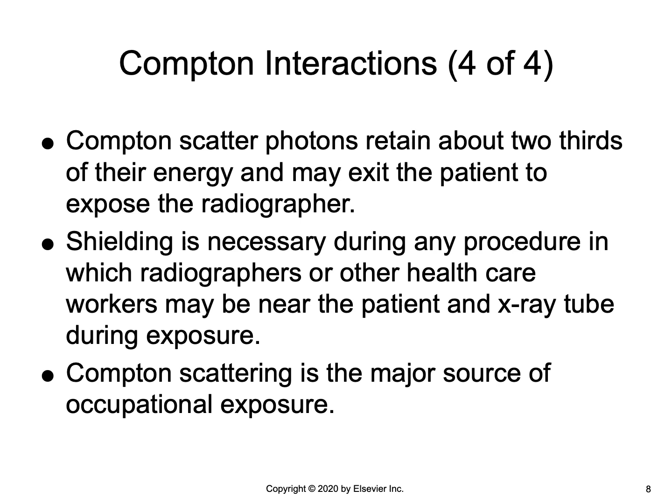Compton scatter photons may travel in any direction from their point of scattering. A deflection of 0 degrees means that no energy is transferred. So those photons scattered at 180 degrees represent maximum deflection and maximum energy transfer. But keep in mind that the scattered photon still retains about 2/3 of its energy, and this is one reason